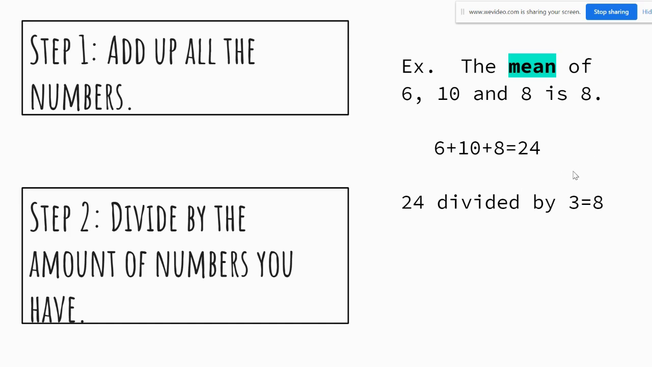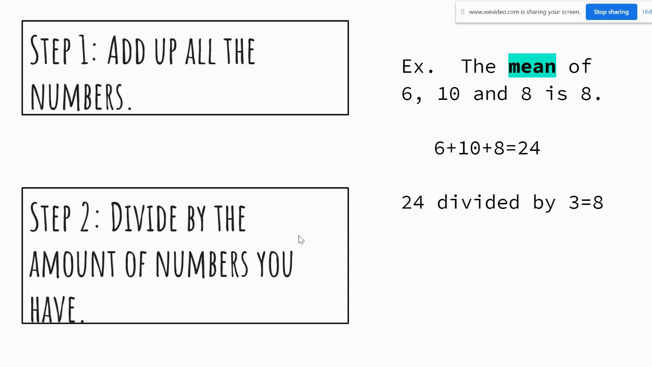For example, the mean of 6, 10, and 8 is 8. When we add up 6 plus 10, we get 16, plus 8 is 24, and then 24 divided by 3 is 8. The reason why we divided it by 3 is because there are 1, 2, 3 numbers. So we added up all the numbers and divided by the amount of numbers you have to calculate the mean